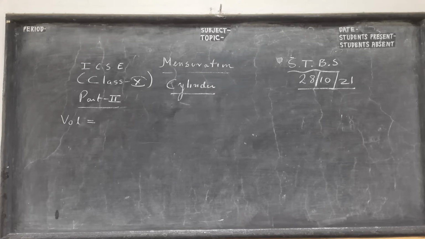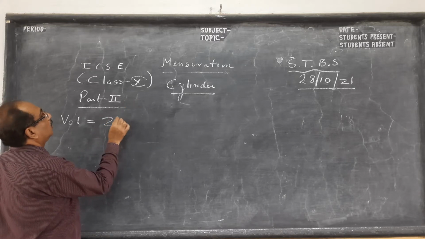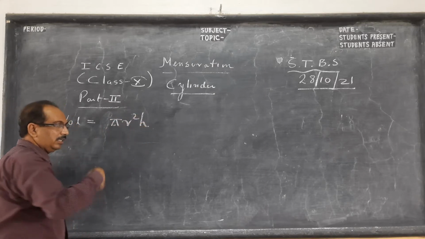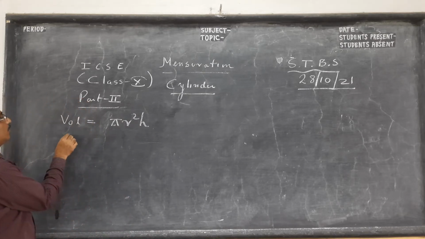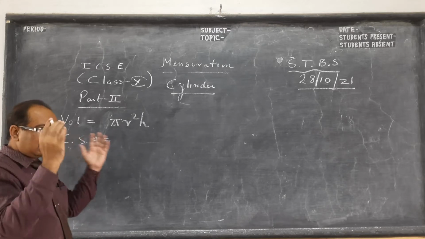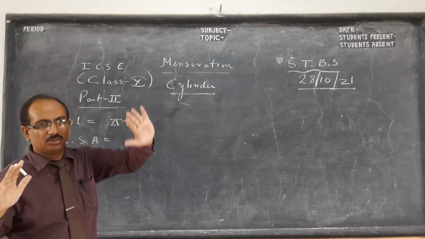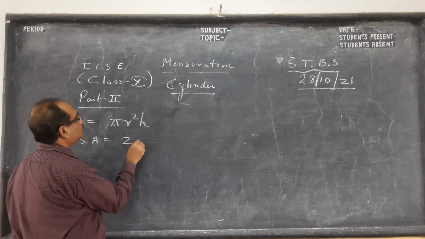syllabus. Okay, so the volume of a cylinder is pi r squared h. As I have explained, it is the area of the circle multiplied with the height. We have what we call CSA, curved surface area, or lateral surface area. This is curved, because lateral can also mean flat, so curved surface area is the better term, and it is